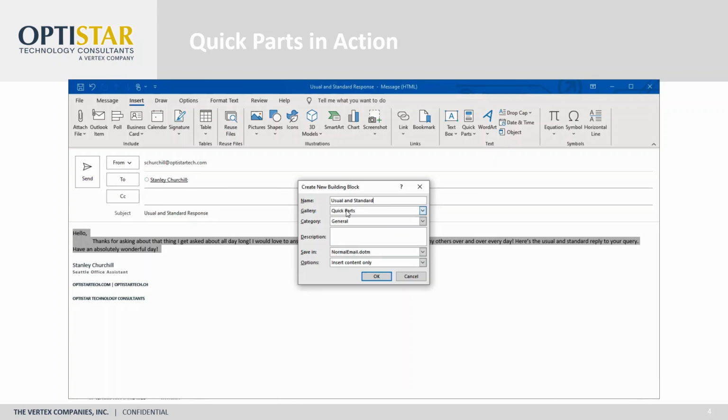That's what I'm going to call this one. As for gallery, we're going to leave it in Quick Parts. We're not going to discuss any of the other gallery options on here today, but just know there are some. For category, I'm going to leave mine in my general category, but just so you understand the concept of categories, you can create different categories which will help when it comes to differentiating between your many quick parts you